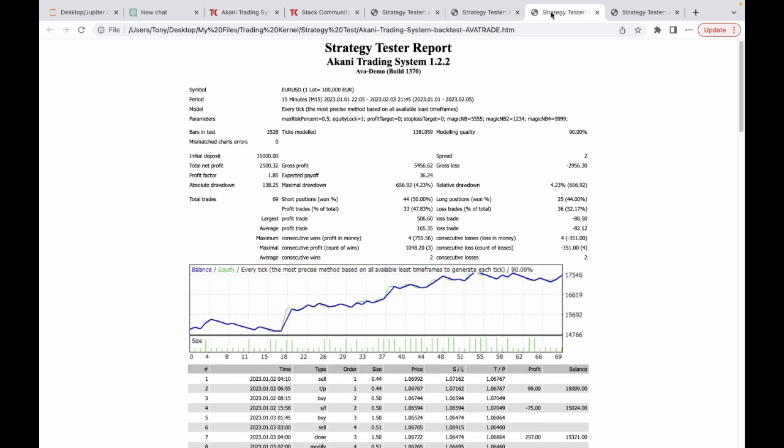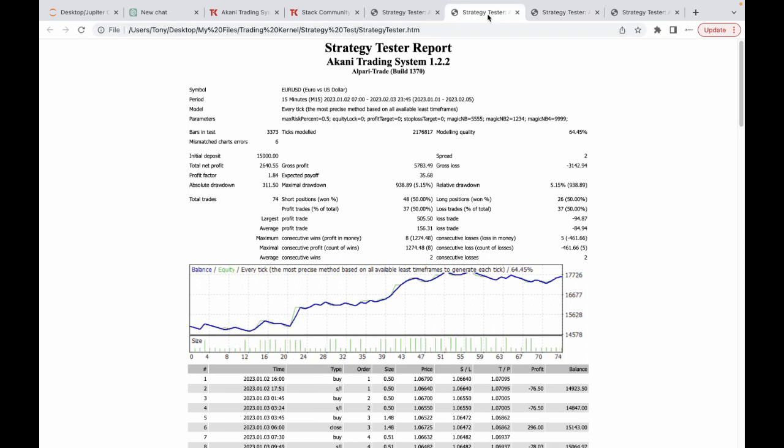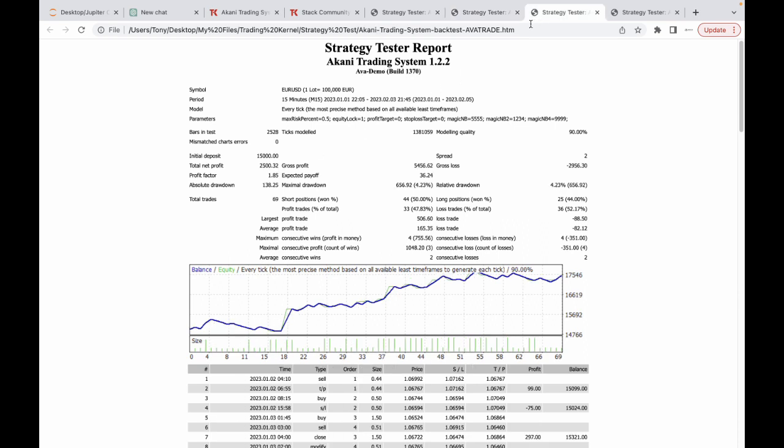So let's look at the next one, which is a similar strategy test, but obviously a different broker. As you can see here, Ava Demo, and the build is 1370. All right, so we also have everything to be similar. Euro USD 15 minutes time frame, maximum risk 0.5%. And if you look at this here, guys, you can see we had a $2,640 profit. All right, but when we come to Ava Trade,